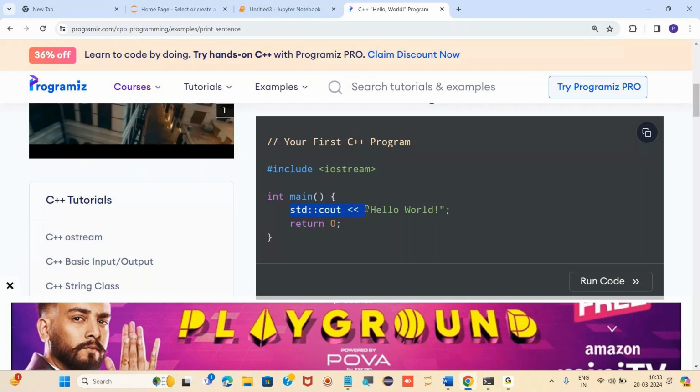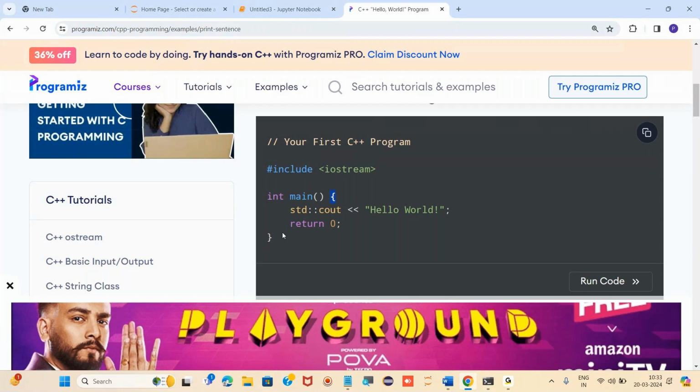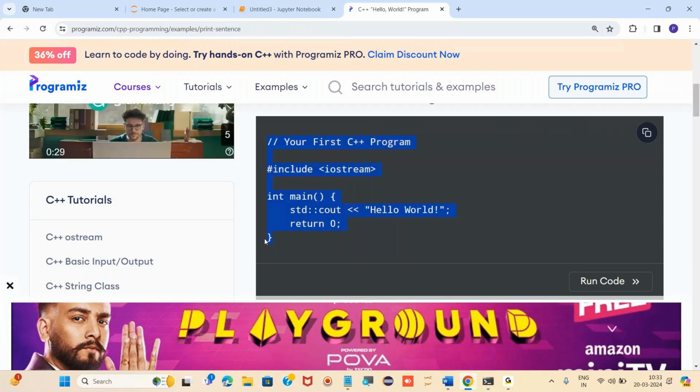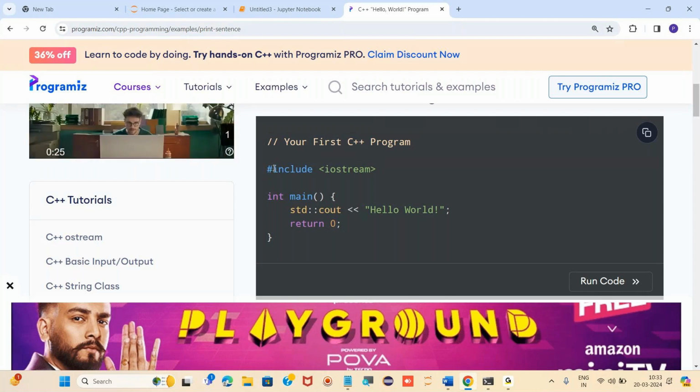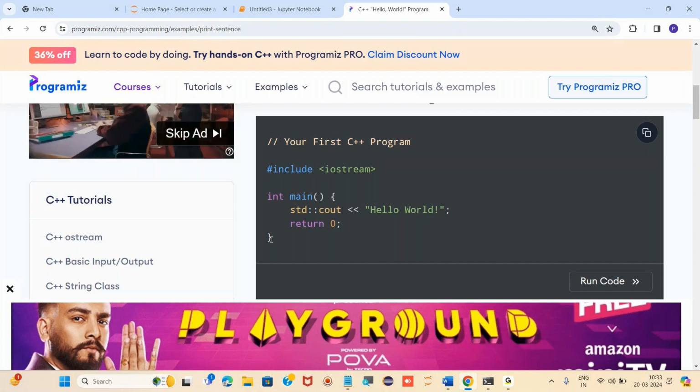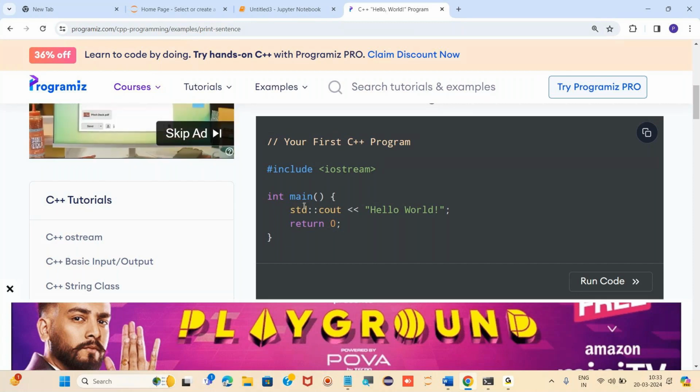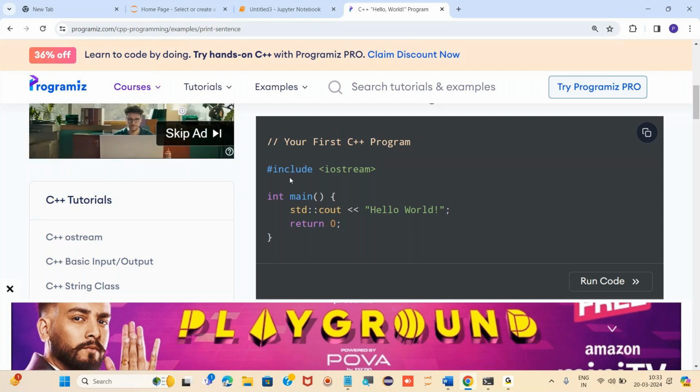And the statement, again return 0. For this also, any block of code we write, we have to start with start curly braces and end with end curly braces, right? How many lines of code? 1, 2, 3, 4. And with this it is 5 lines of code. Total we are writing 5 lines of code for this hello world program.